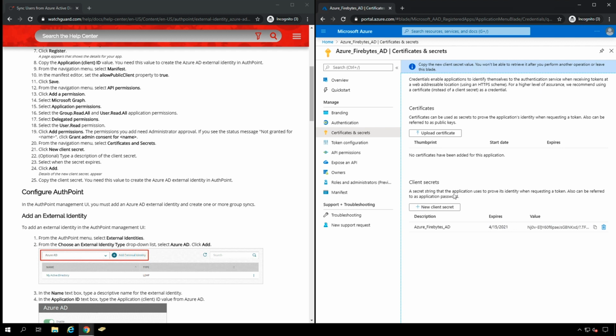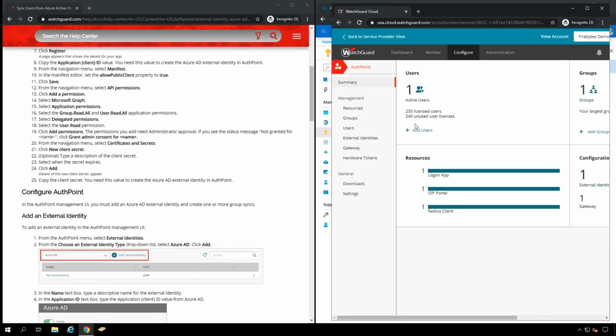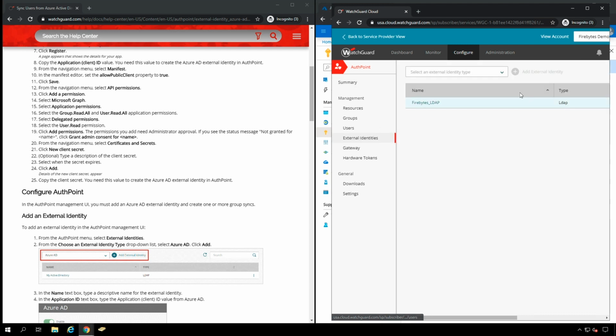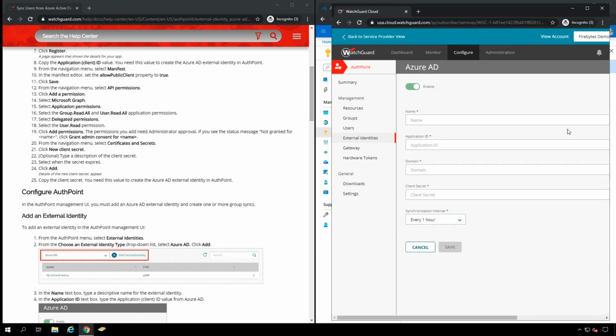external identity. So I'm going to pivot over to AuthPoint. So now I'm in AuthPoint for the Firebytes demo group, and I want to add an external identity. So I'm going to click on External Identities. I'm going to choose Azure Active Directory and click on Add External Identity. So in this case, I'm going to say Azure